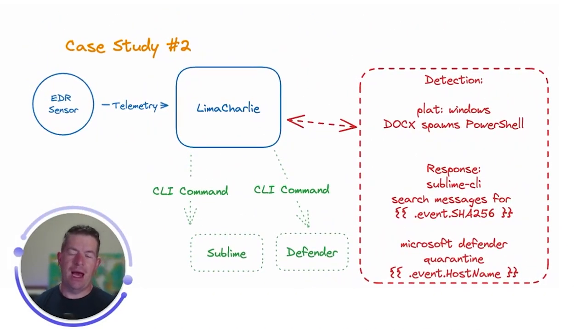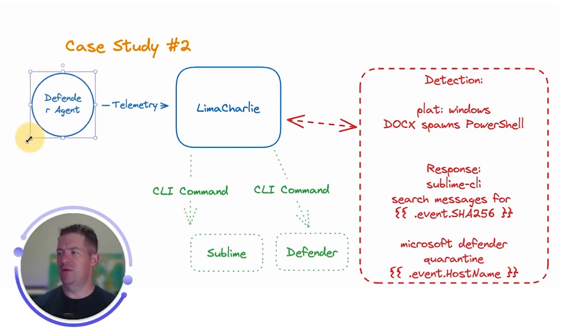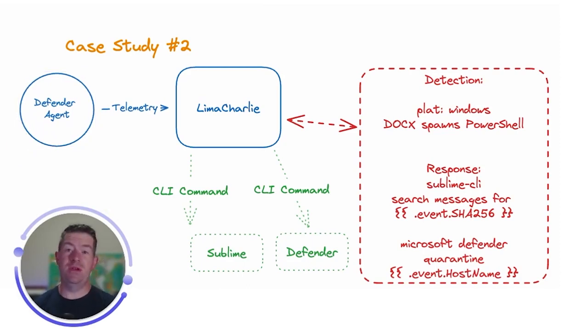And here I want to use LimaCharlie to actually communicate to two platforms simultaneously. Because now I have to answer two questions. Where did this thing come from? Number one. And number two, I need to take a corrective action. So I changed my template around a little bit here. This might actually not be a LimaCharlie EDR sensor. This might be a Defender sensor or agent, I should call it. And I know we're going to make this circle a little bit bigger so that the words all go in one line. This might be a Windows Defender agent, or I should say just an endpoint with Defender installed,